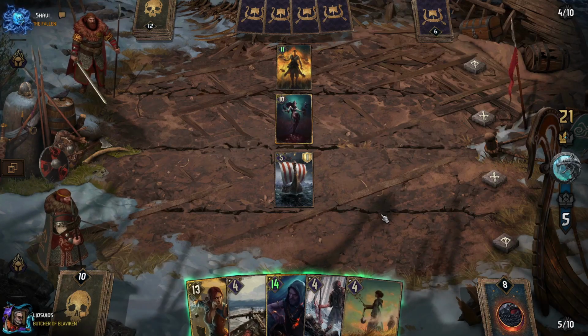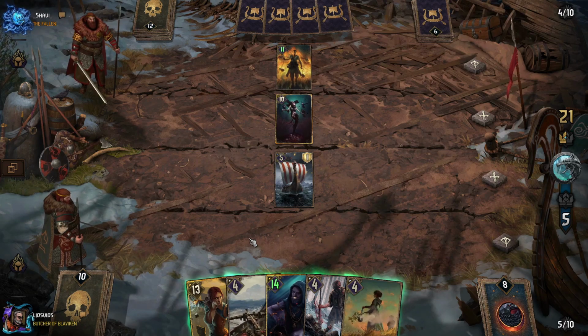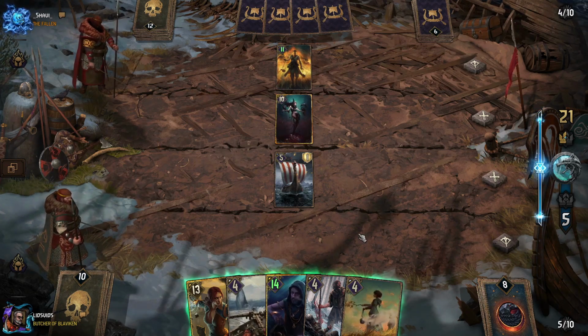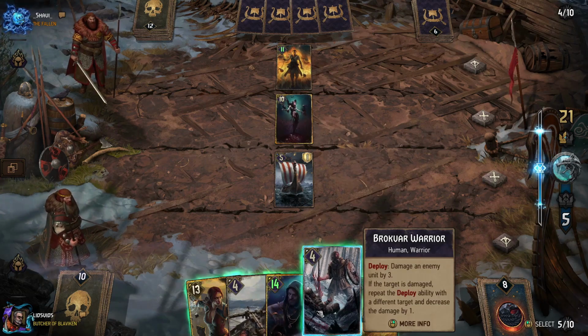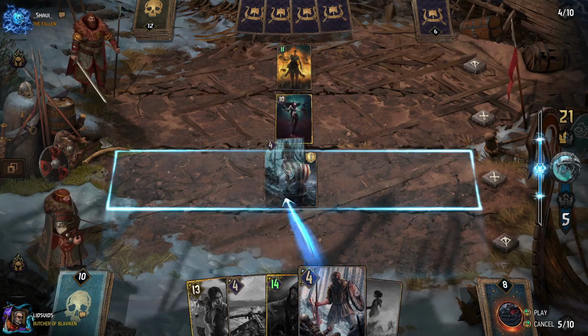We still know they are very unlikely to pass here, because that would mean that they would not use their Lippy, so that would presumably mean we still can wait a little bit longer. It's a little bit early for the Brokvar Warrior, because they don't have 3 units on the board, but I think this might be the direction we go here. I think, although we do have you in the